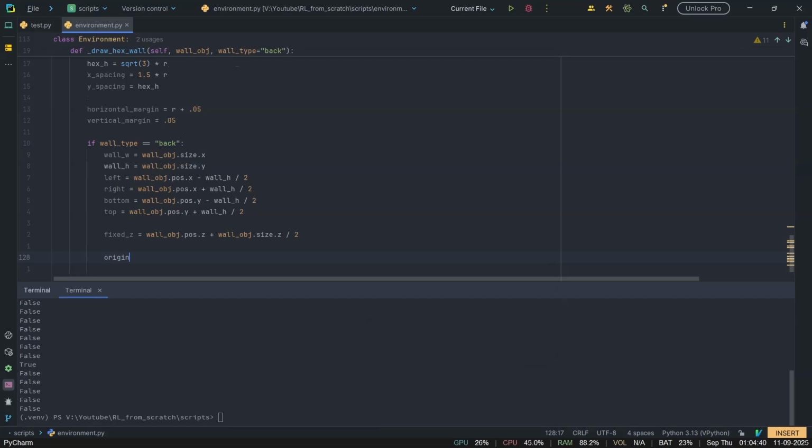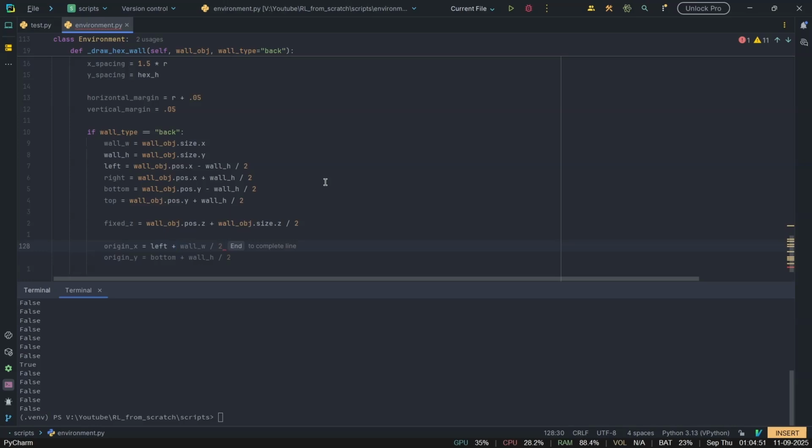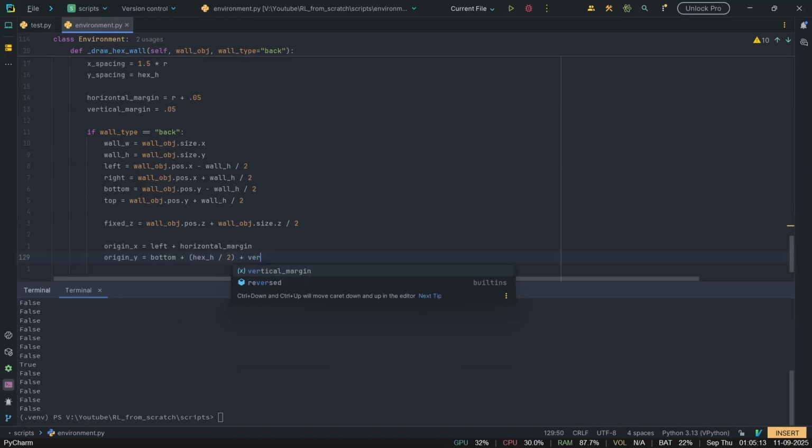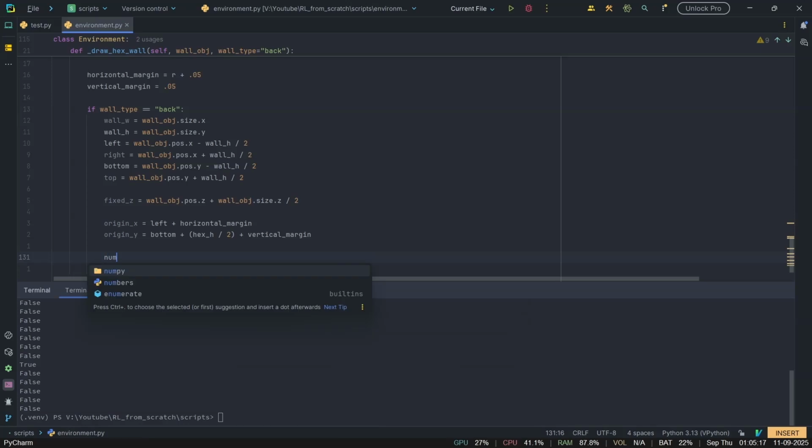And then the origin in the x direction, so for column 0 the origin will be kind of left, which we define here, left plus the horizontal margin, and then the origin y will be the bottom, not this, we'll also add the hex height divided by 2, and then we'll add the vertical margin, and then the number of columns,